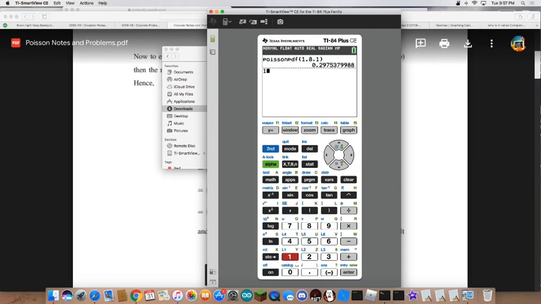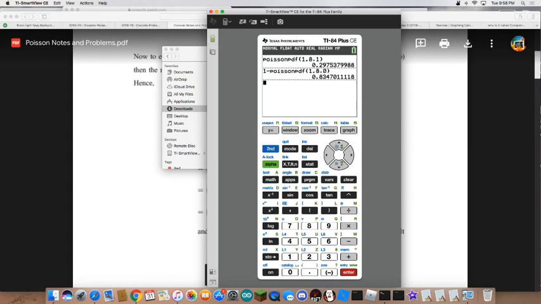We could also go 1, subtract, then we go second, dist, scroll up to option D again, enter, mean was 1.8, and this time we want the desired value of 0, so we have at least one flaw. Paste that in. Now it's 1 minus the probability of 0 flaws. Hit enter, and there again, oh, I had the wrong mean. That's why the number's not the same. I had to double the mean. But it's just understanding how the calculator works. That's all we're doing here.